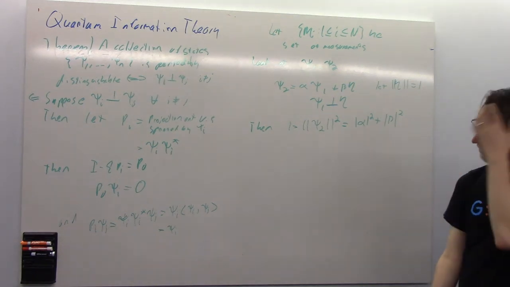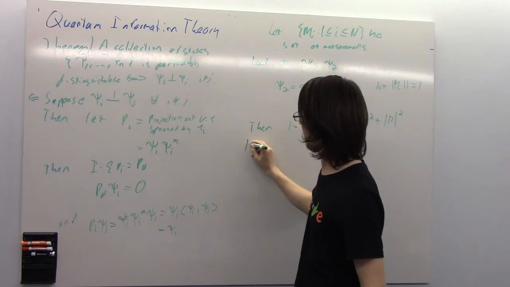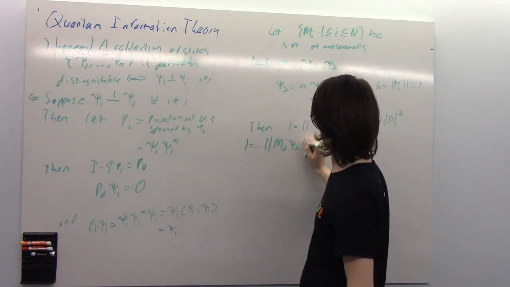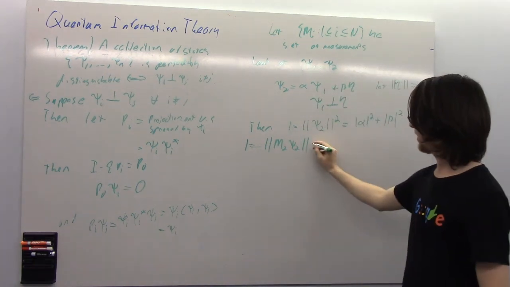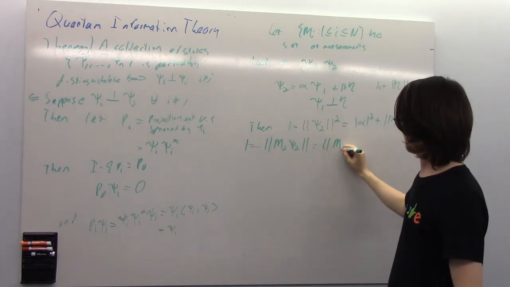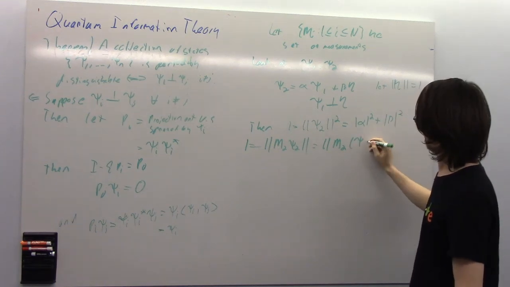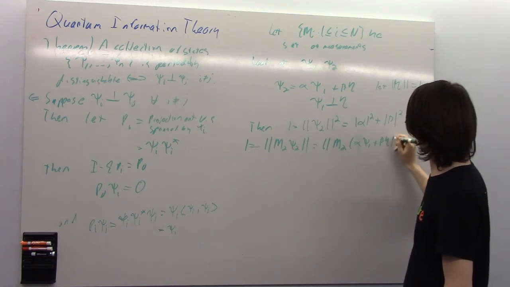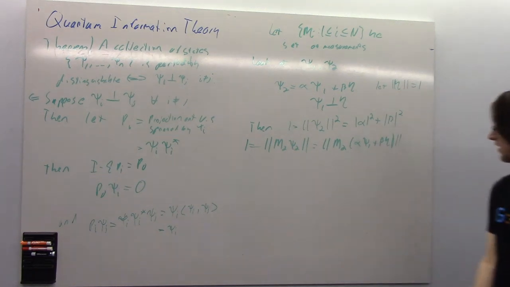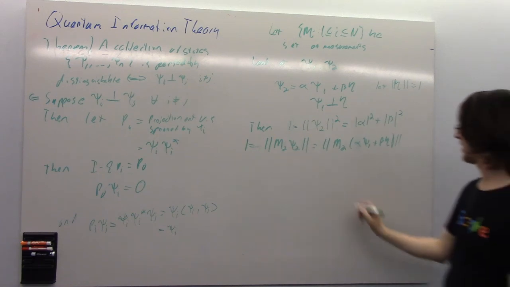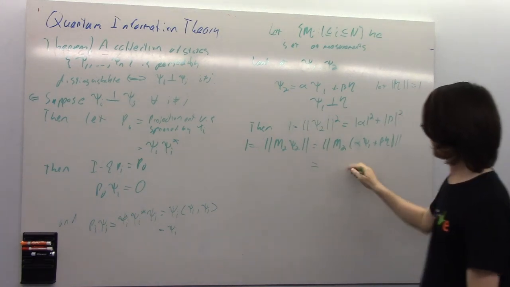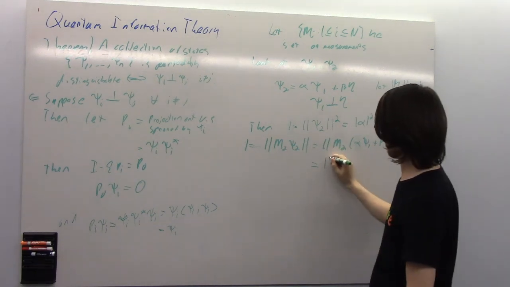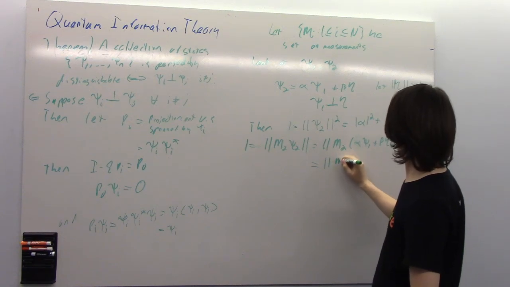Okay. So we know from the hypothesis that 1 equals the norm of M2 ψ2. This equals the norm of M2 applied to alpha ψ1 plus beta eta. Okay? But M2 of ψ1 is 0. So this is just M2